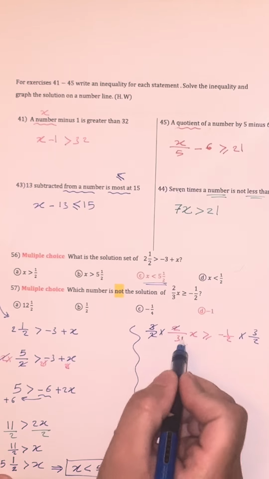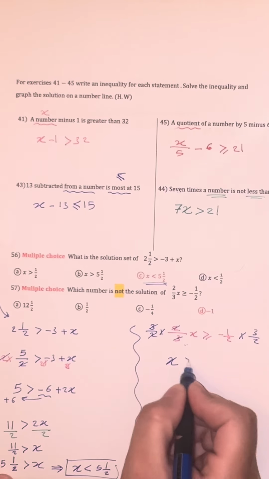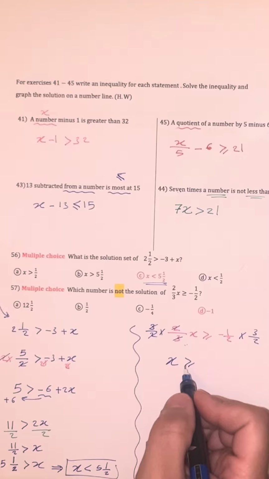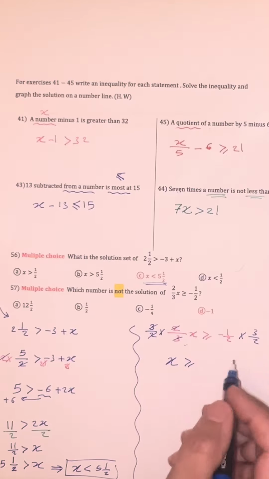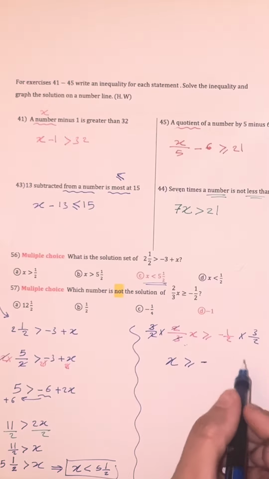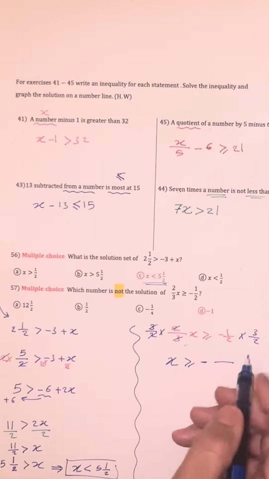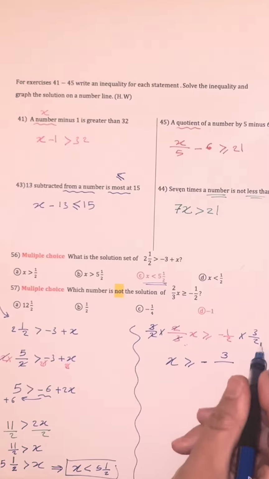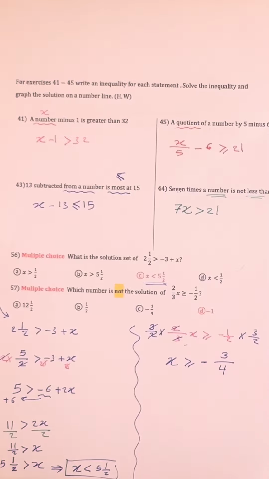They cancel together, we get just x. The symbol stays as it is because we multiply both sides by a positive number. So negative times positive will be negative. Numerator multiplied together will be 3. Denominator multiplied together will be 4. Okay,